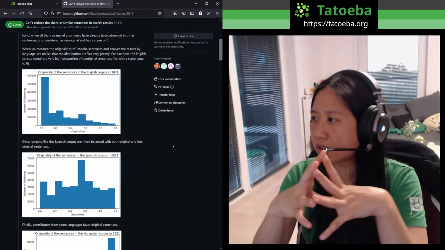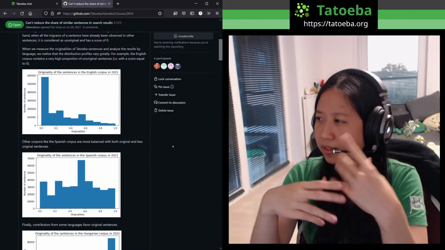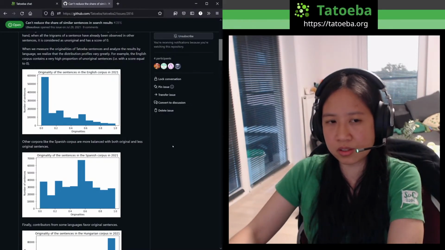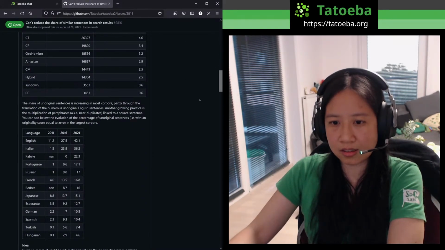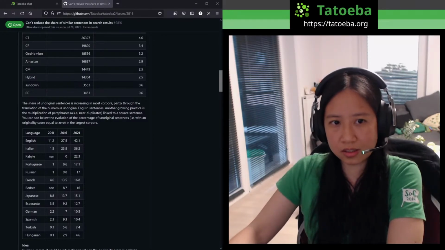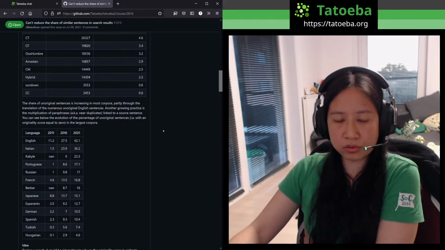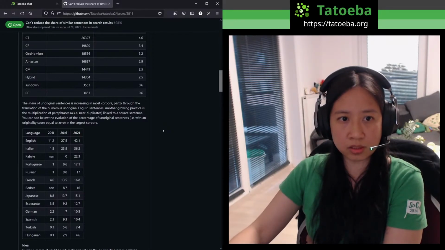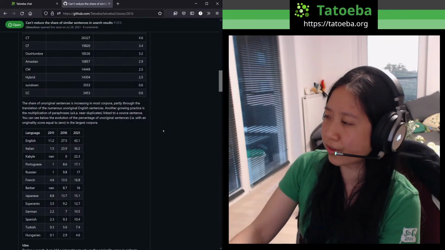So the possibility to cluster sentences that are very similar, the possibility to apply a score, and maybe people seeing the originality score of their contributions makes them change their strategy a little bit in what kind of sentences they add to Tatoeba. There are many other things we could do to improve the quality in Tatoeba that we haven't done, because to be fair, it has been working for us so far.